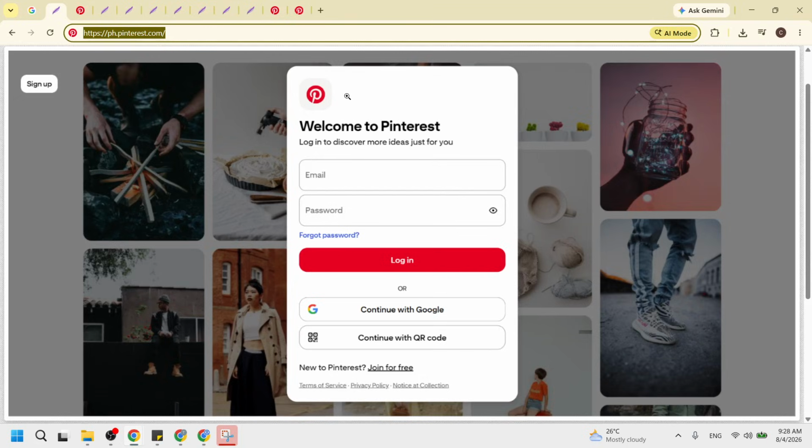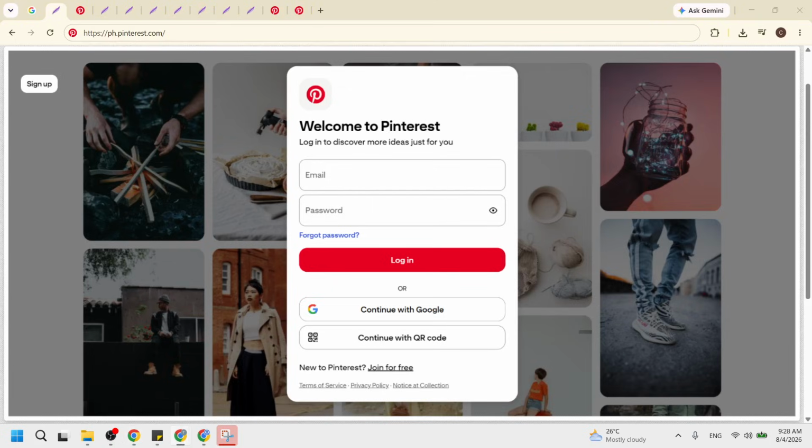If you already have a Pinterest account with an email and password, click into the email box, type your email, then the password box, and enter your password, then click the Login button you see below. If you prefer to use your Google account, click Continue with Google and choose your Google email on the small window that appears, then confirm. If you want to use your Facebook account, click Continue with Facebook and follow the prompt to log in there,